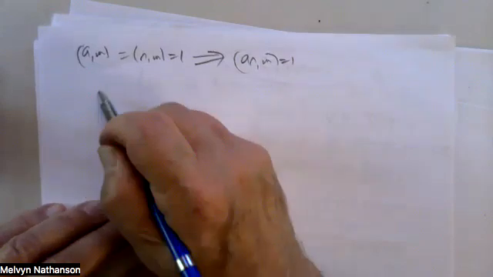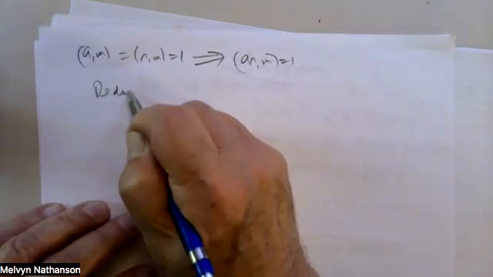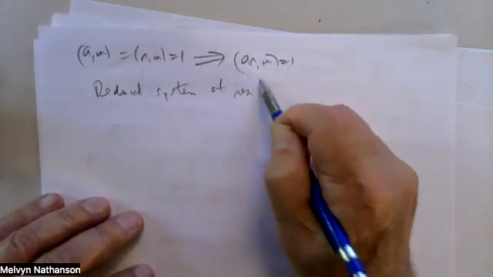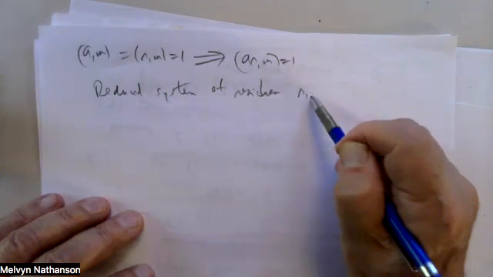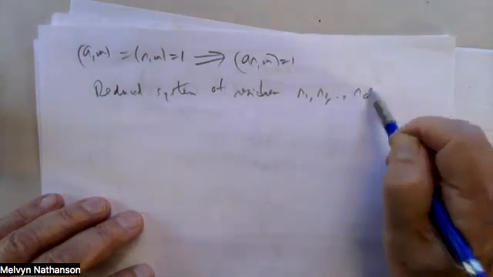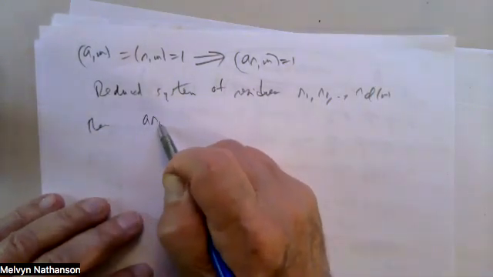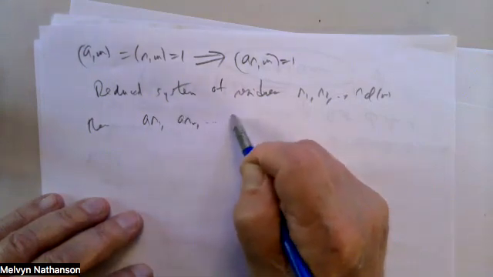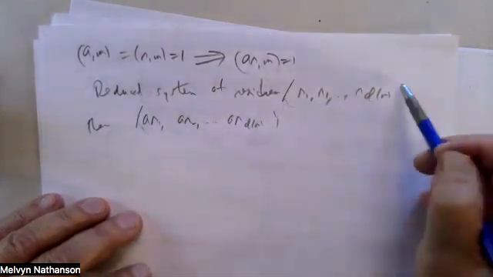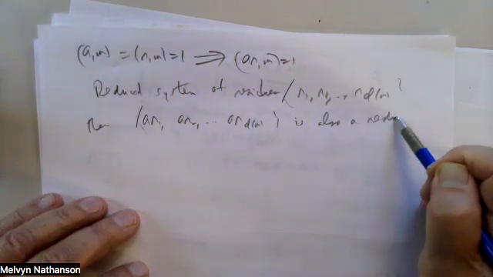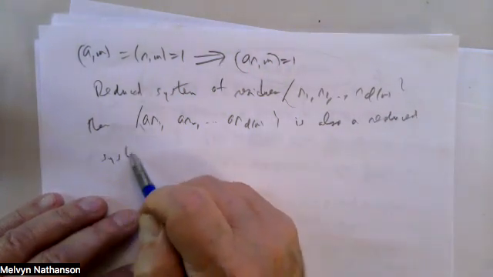So if we take this reduced system of residues R1, R2, up to R sub phi of M, then these are all relatively prime to M, and so is A. So AR1, AR2, up to AR sub phi of M is also a reduced system of residues